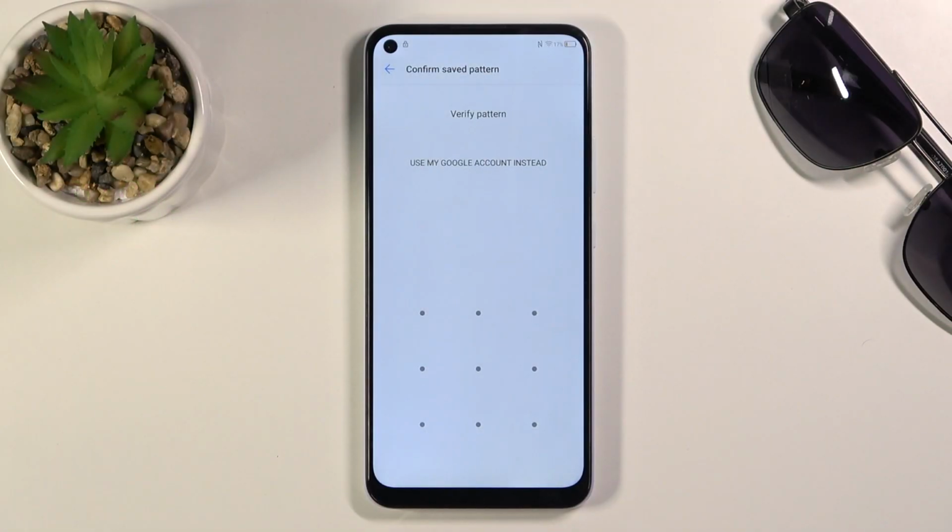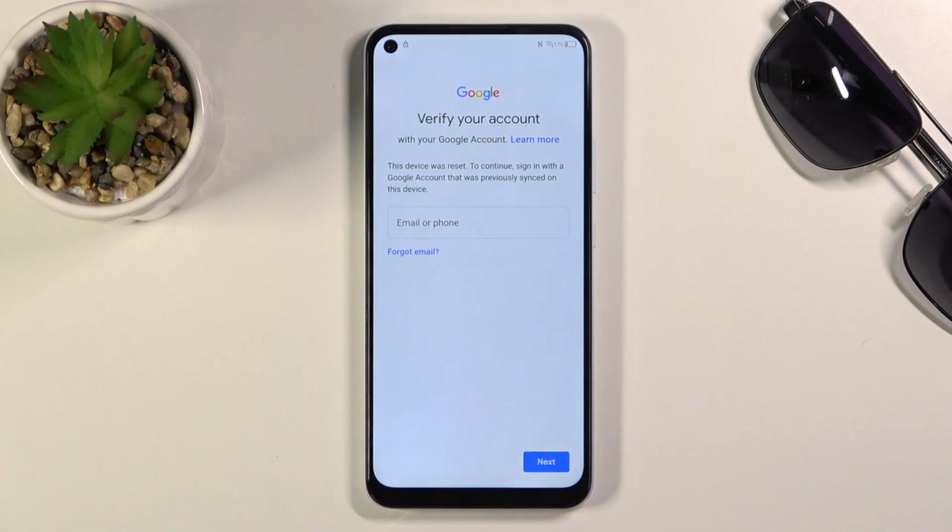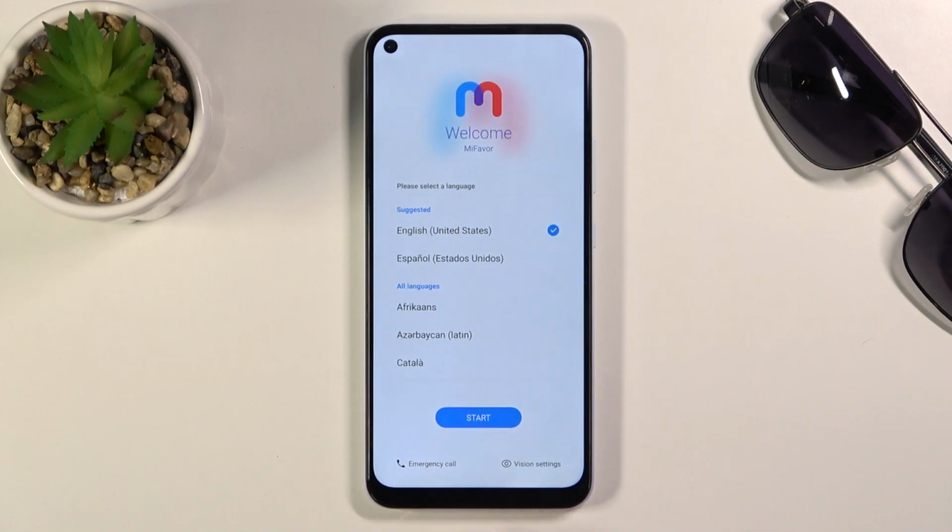Welcome. In front of me is a ZTE Blade V2020, and today I'll show you how to bypass the Google verification on this phone. You can see that right now I can unlock this device using the previously set pattern or using the Google account. Now, assuming we don't know either of those, we're going to begin the bypass